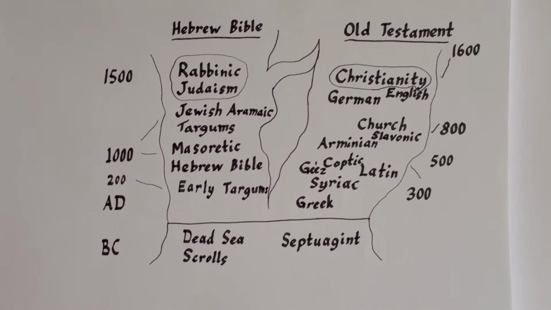I made this illustration here that I know is not very symmetrical, but if you'll excuse that, it is over the law, or the 5 books of Moses, the prophets and the Psalms, or what in Judaism is called the Hebrew Bible, or in Christianity the Old Testament, and the different versions of it that were made, and I will try to explain how this works.